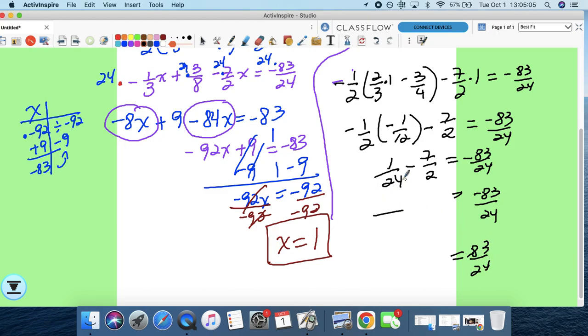The LCM between 24 and 2 is 24. If you remember, we can't subtract fractions that have different denominators, so I'm going to change them so they have the same denominator. 2 times 12 is 24, so I'm going to multiply this by 12 on top, which gives me 84. 1 minus 84 is indeed negative 83 over 24, and that's my check. Okay, so not that bad. It's a lot of work, yes, but it's stuff you already